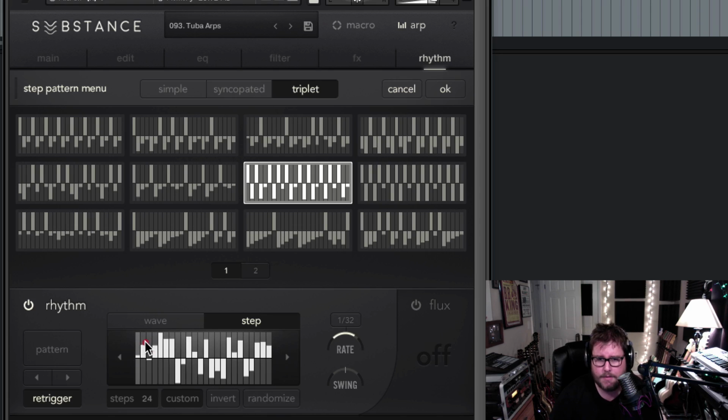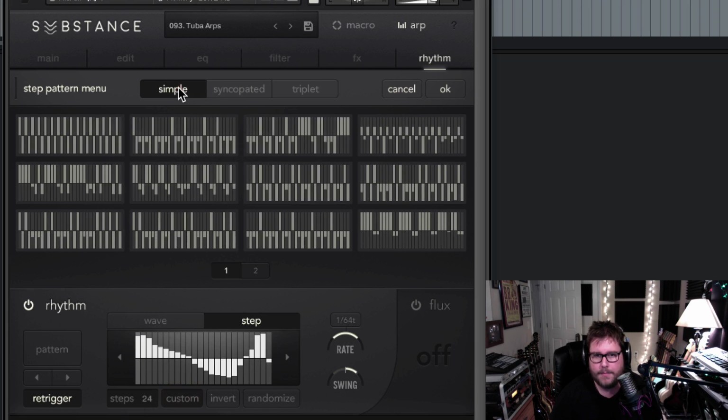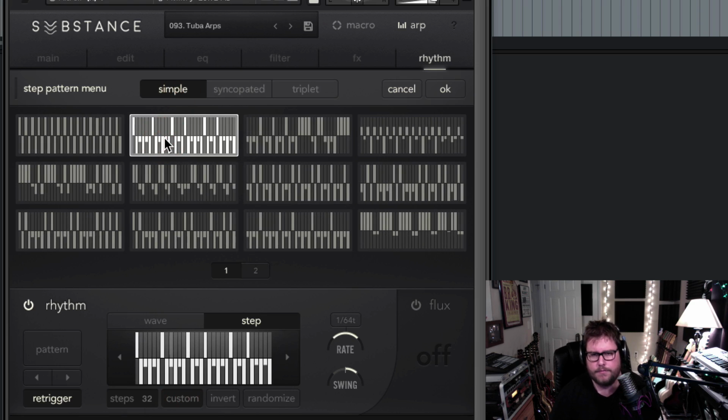Not only that, but you can, of course, draw it in. You can get it as specific as you like by going in one at a time, or you can just do some cool sweeps. You can also swing it. You can change the amount of steps that you have, and of course you can customize that as well. If we go back to a simple pattern,